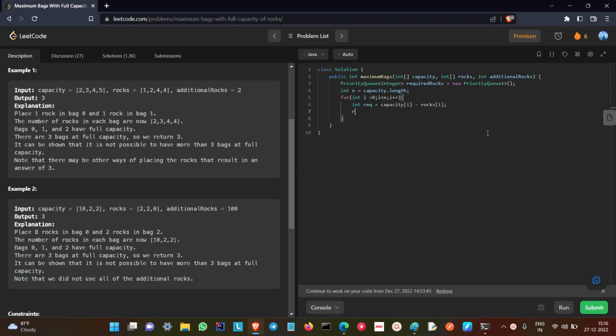So we're going to add the required rocks for the current bag into the priority queue, which is required rocks. So add it. So after this, we're going to have a variable called filled capacity, which will be initially 0, and until the priority queue is not empty, we are going to use the while loop, and